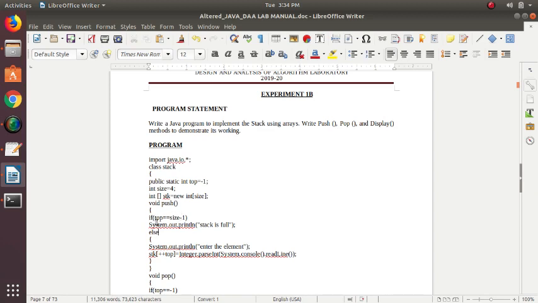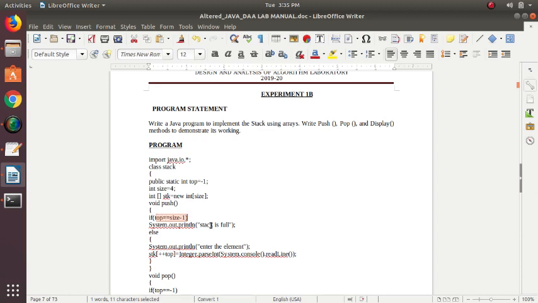When can you say that the stack is full? If the top value is size minus 1, that is, top is equal to the maximum size of the stack minus 1, in that case the stack is full, right? I am checking the condition against that.